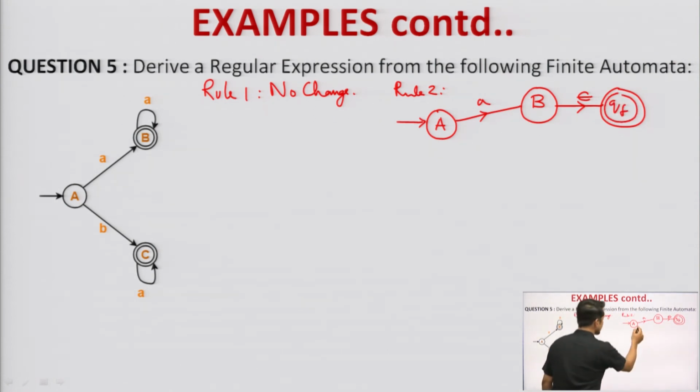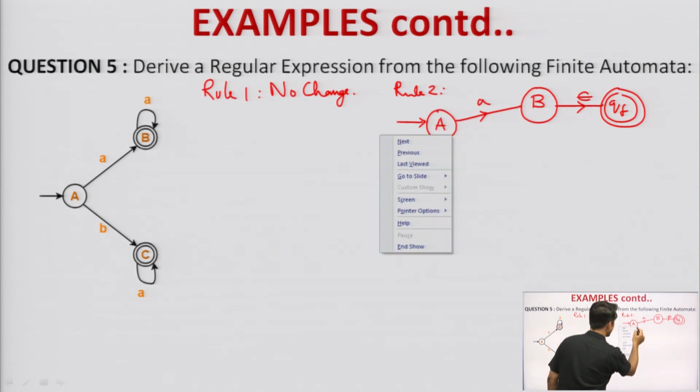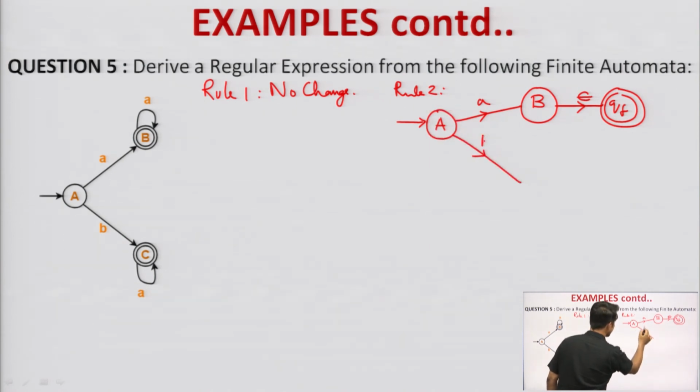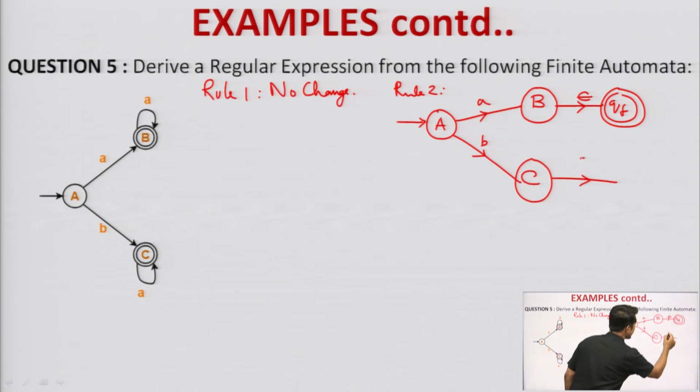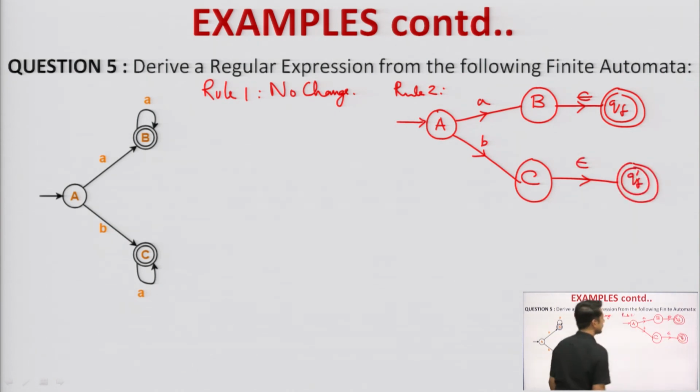Clear? Next, from A and from B, this C state will now become a normal state, and from here I will have an epsilon transition, and this Q f dash will become a new final state. Okay. So, this is the diagram we got. Now, if you look into this diagram, we are not done, because two loops are there, one loop on A and one loop on A. Both the loops are A.